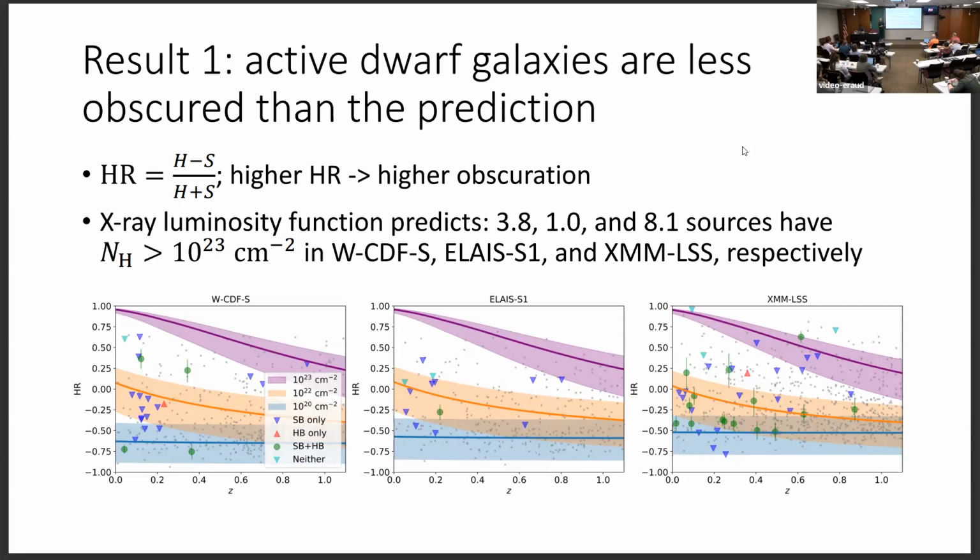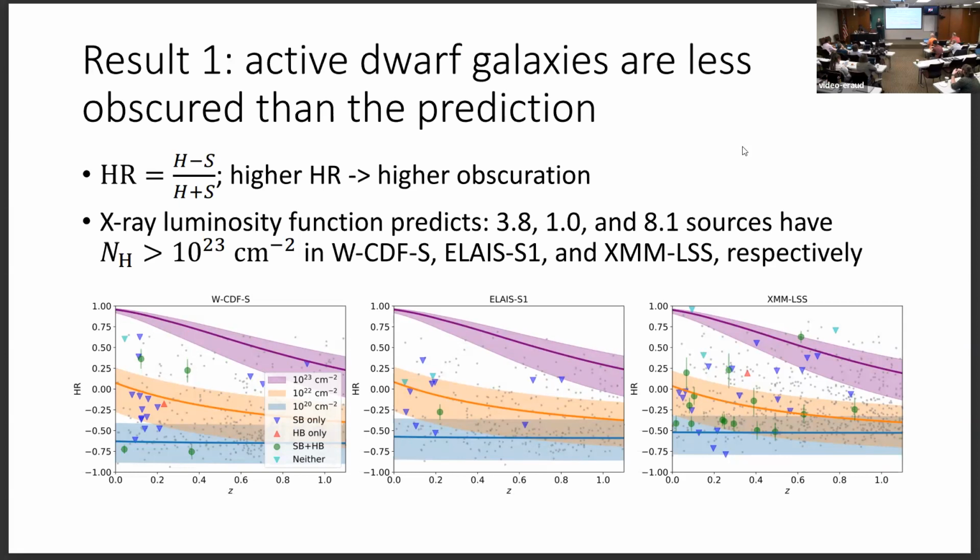But if we use the X-ray luminosity function with the NH distribution included, then we will get about 15 sources predicted. But this is not observed, and so this implies that the X-ray luminosity function is not valid anymore for active dwarf galaxies. Probably because active dwarf galaxies have lower black hole mass, and at a given luminosity, their Eddington ratios are